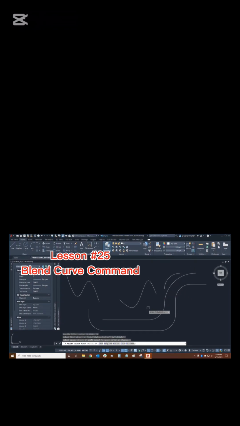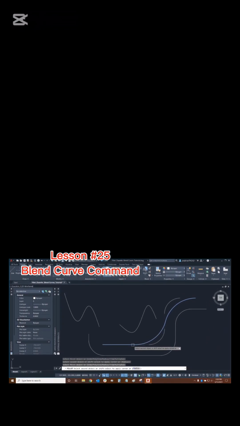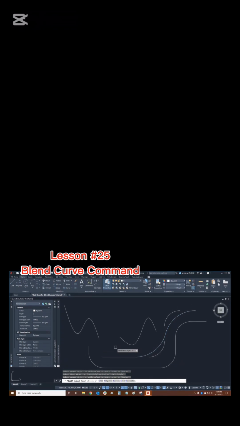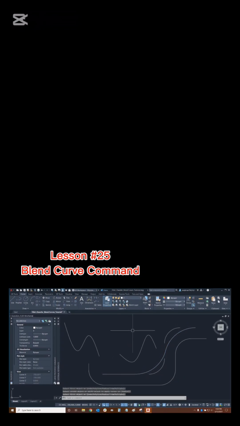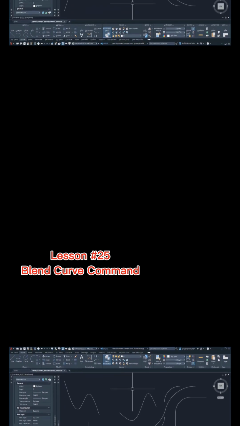And now the command is still active. So I can continue to do it again, for example, with either this line or this line here. Let's use this one. And now, if we're finished, we can press the Enter key. This is the end of part 1 of our series. Part 2 will focus on the